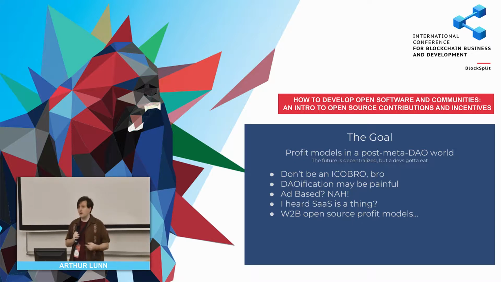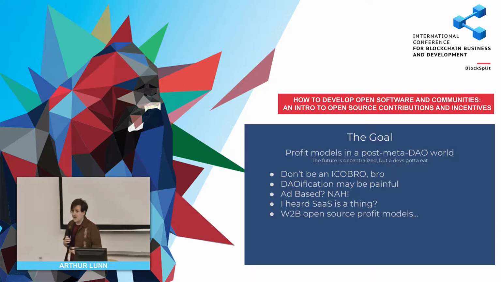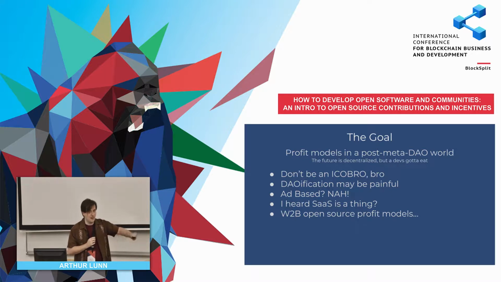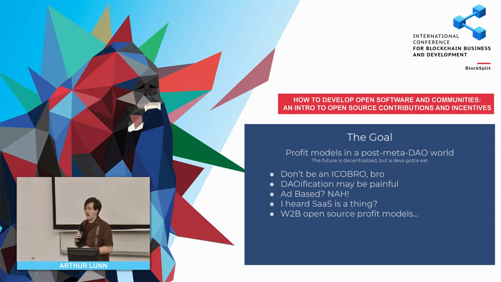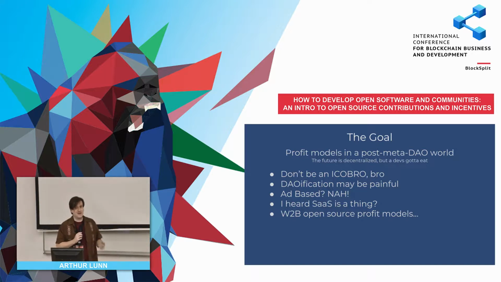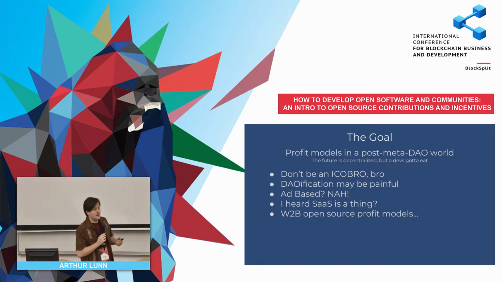So if you look at other software profit models right now, you have ad-based, which obviously doesn't really work on blockchain. Everybody should own their own data, so ads should kind of just go away. Obviously, there are some groups that are working on ad projects, but it's not going to be the core profit model for software going forward. You also really can't do software as a service because, again, you need to own the software to do that in a solid way.